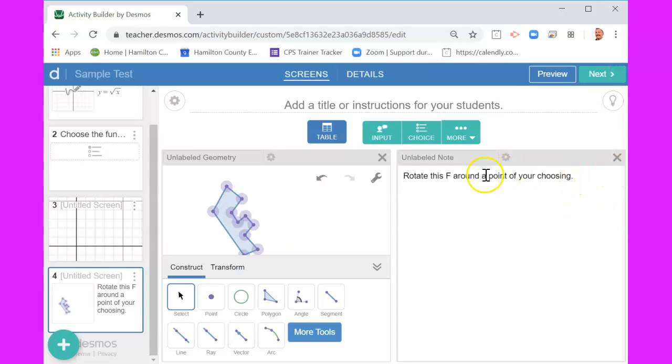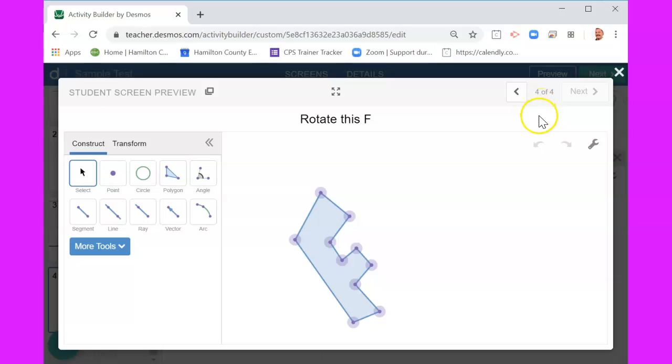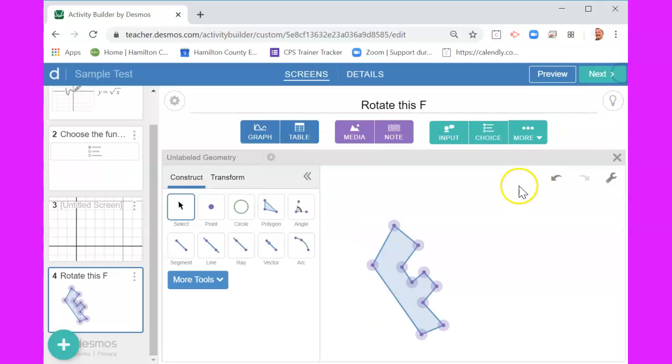So I could have, instead of having the instructions here, I could have placed the instructions up here. And then the student would see something like this, would see the entire page, which actually probably would be a little bit better. All right, so I'm going to go ahead and pause